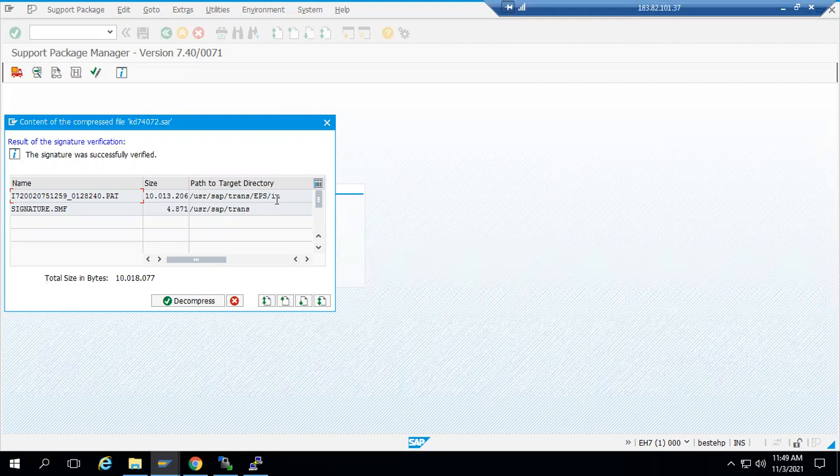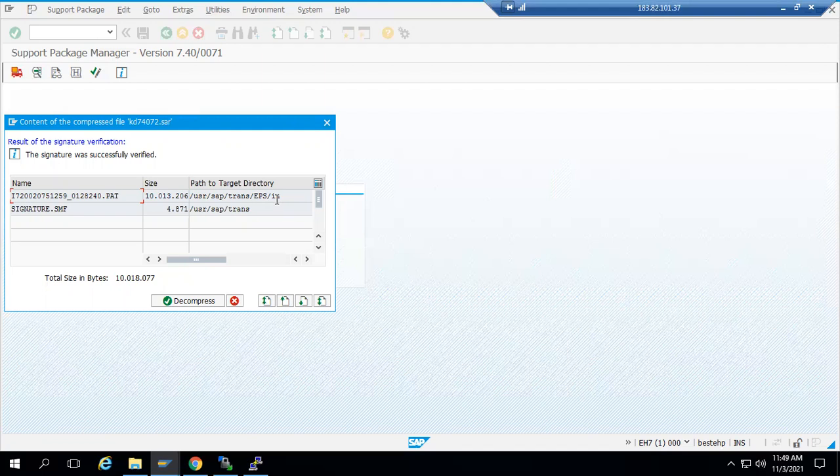From the back end, you need to do it manually. First, you need to copy to the server by using WinSCP or FileZilla or SuperPuTTY or MobaXterm. Any of the software you can use.